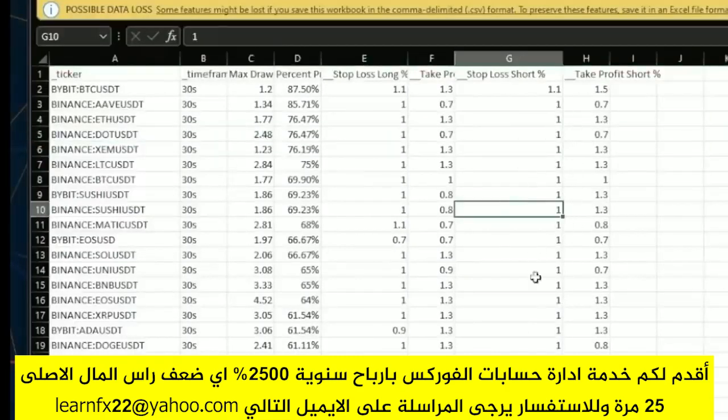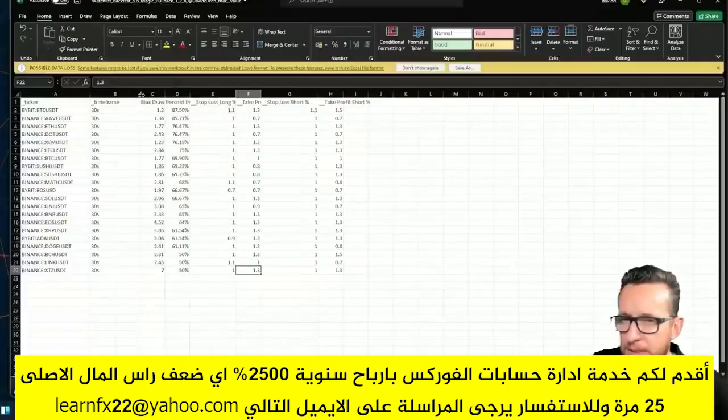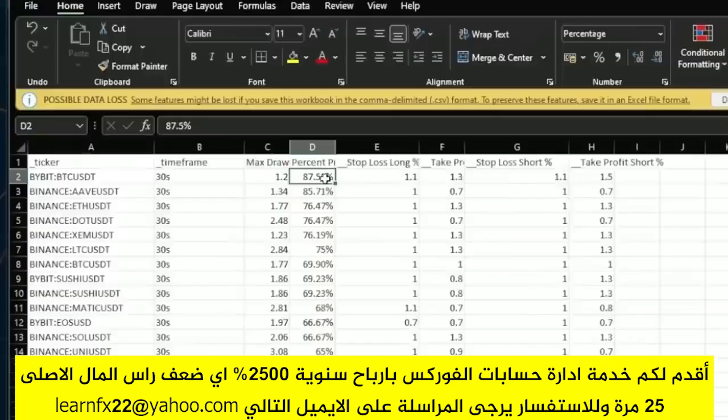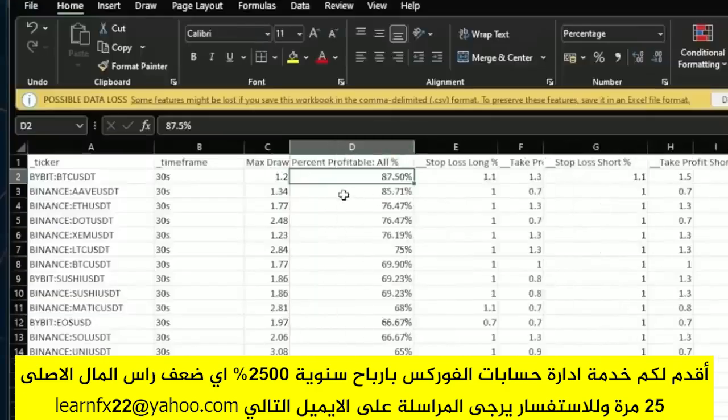But all of the rest of the stop loss is smaller than the actual take profit. So as you can see, they're all being tested on a 30-second time frame, and we have Bybit BTC USDT is 87% profitable, so that's percent win rate. We have Ava USDT, which is 85%. ETH 76%, DOT 76%, we have XEM